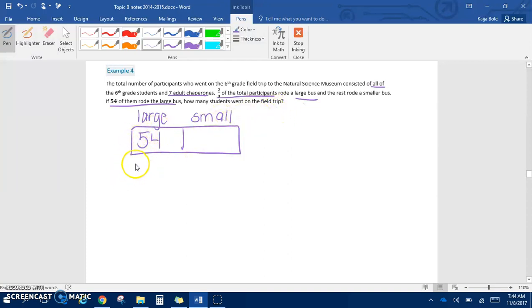So if we wrote an equation here to solve for x, we would have 2/3 x equals 54, right? Because 2/3 of this total, x is the total, rode the large bus. So to get rid of the 2/3, we multiply by 3/2 by 3/2. So if we do some canceling, divide by 2,